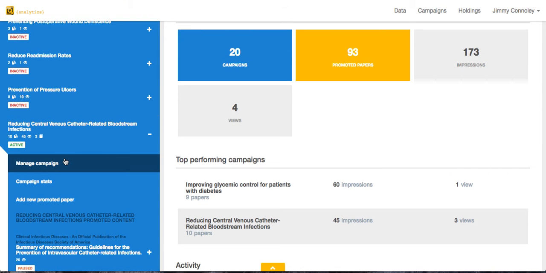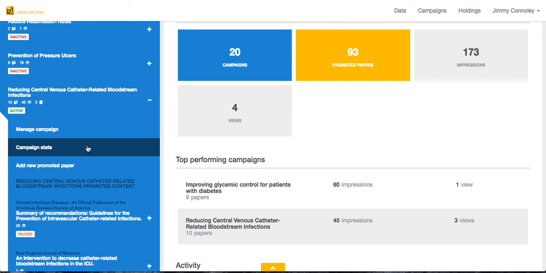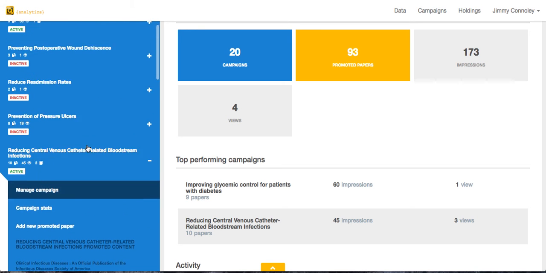So you can go ahead and choose qualified research, which you think is going to help solve a solvable problem, and you can disseminate this research to a highly targeted audience within your institution. By doing this, you can help a hospital's bottom line, you can save a patient's life, or even just change a patient's